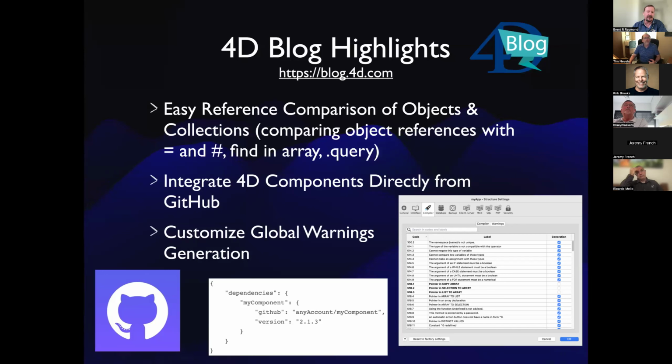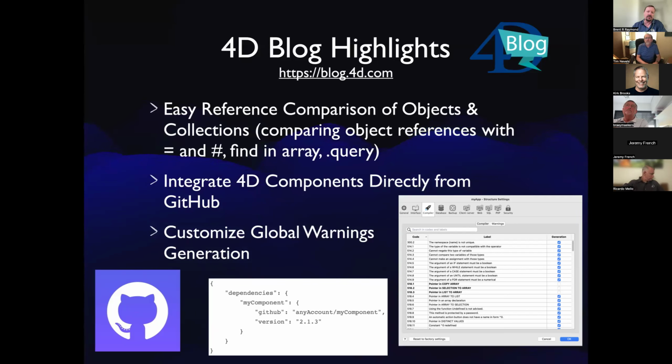Well, now you can just have the component itself be a reference to a repository on GitHub, and 4D will manage that dependency for you and do things like automatically update that component to the latest version, or make sure that that component is on a specific version to be compatible with your latest release. It's again, a very nice change for R6.